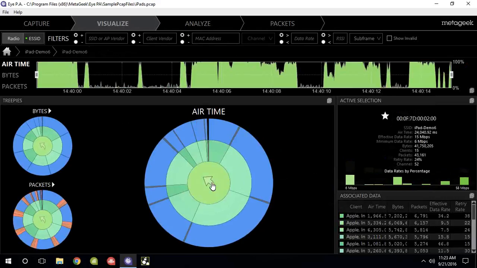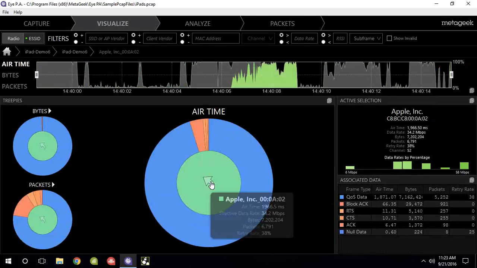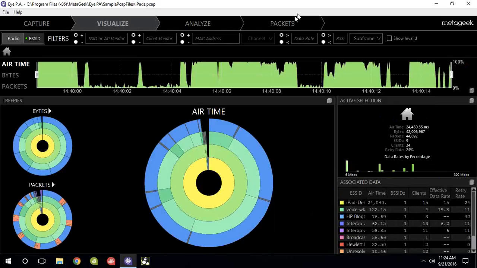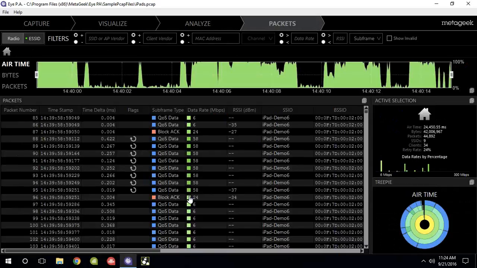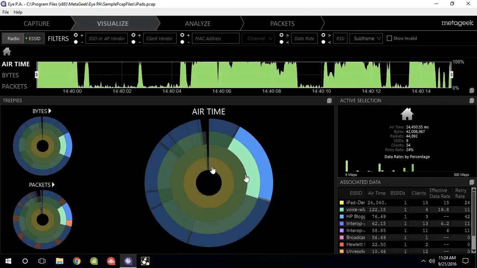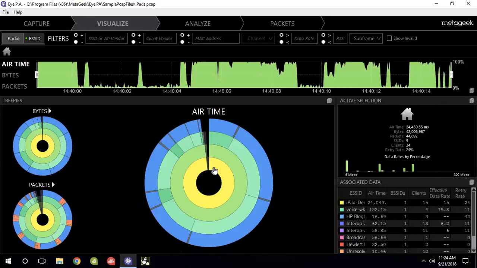Now, if we go to the Packets tab, this is going to give us that Wireshark-esque view. This is all the packets that we saw on the network, and you can actually drill down into these to look at a specific conversation. You can either drill down using this pie chart here, or if you go to the Packets tab, there's a mini pie chart over here in the corner that we can use. So if I click on that pie chart,